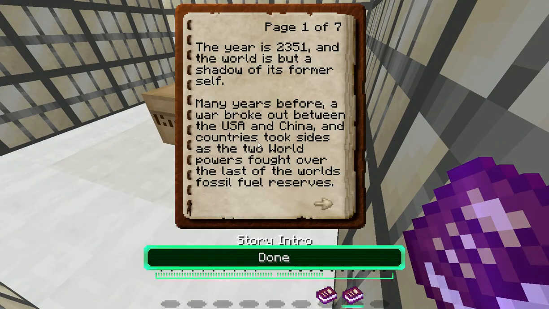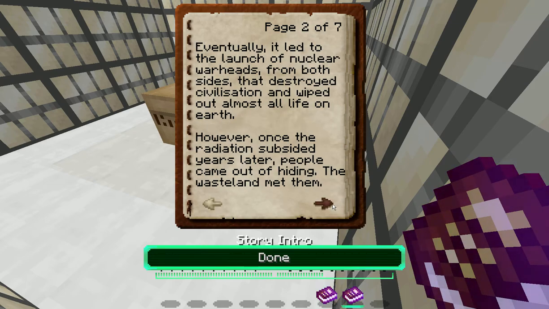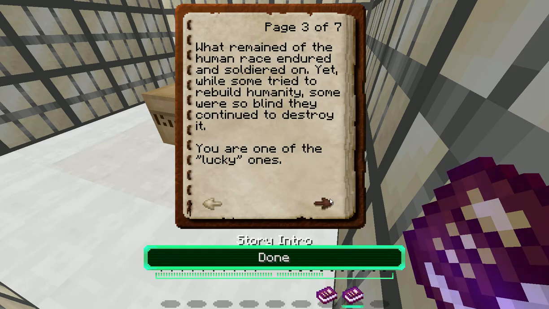The year is 2351, and the world is but a shadow of its former self. Many years before, a war broke out between the USA and China, and countries took side as the two world powers fought over the last of the world's fossil fuel reserves. Eventually, it led to the launch of nuclear warheads from both sides that destroyed civilization and wiped out almost all life on Earth. However, once the radiation subsided years later, people came out of hiding. The wasteland met them. What remained of the human race endured and soldiered on. Yet, while some tried to rebuild humanity, some were so blind they continued to